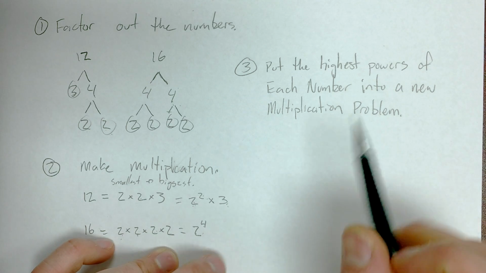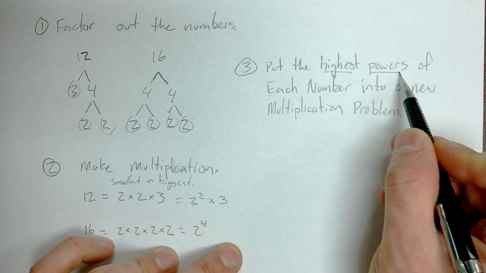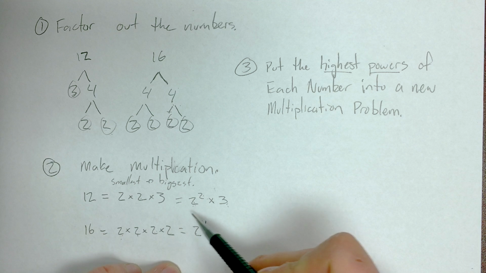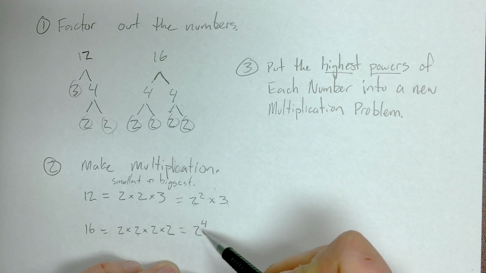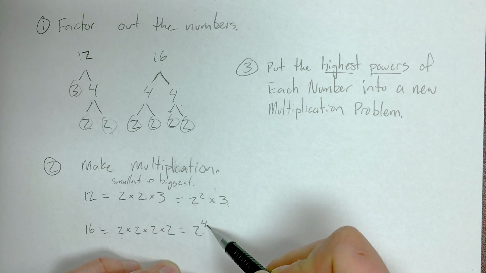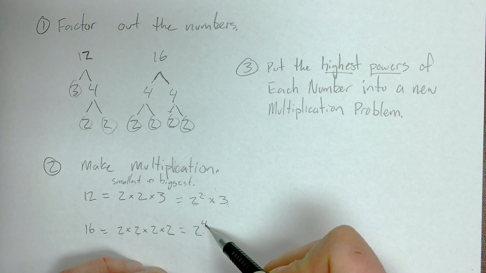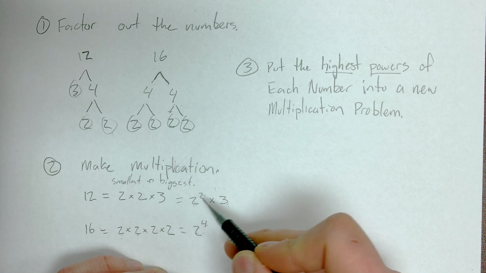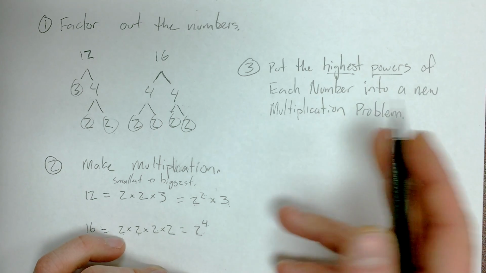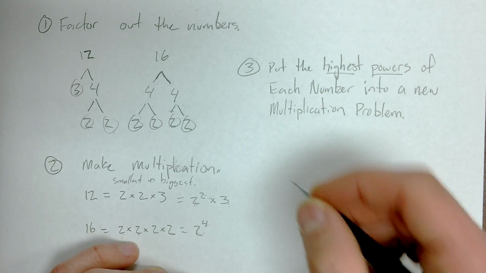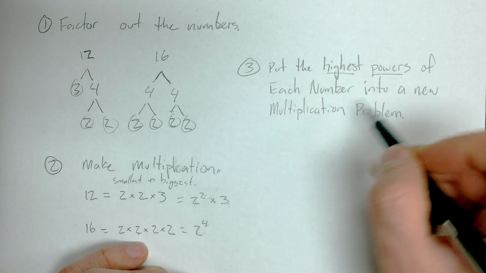Okay, what does this mean? The highest power. The highest power is this number right here. 2 to the power of 4 and 2 to the power of 2. Which one's higher? Well, 2 to the power of 4, because 4 is bigger than 2. So I'm going to create a new multiplication problem, and I'm going to say, take the highest power of